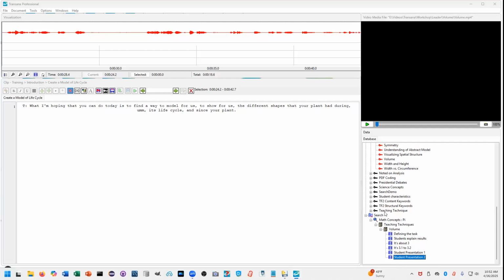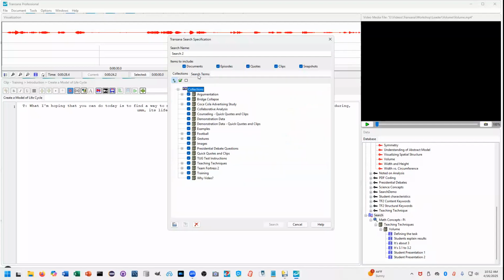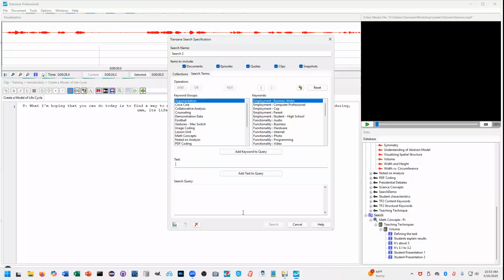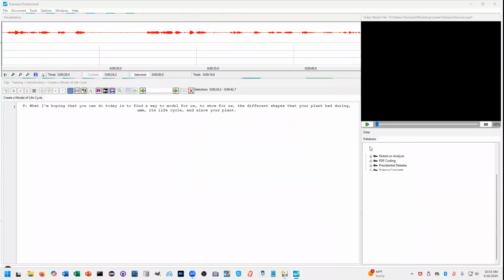Now that was a simple search that just used a single term, but Transana offers more complex searches where you can combine multiple terms, you can combine text, you can use actual words in the data, words and phrases as expressed in text. You can look at collection membership. You can look at the combination of all of those different elements to do complex searches and really get a good understanding of exactly what your data is going to show you. And again, it always returns data elements within collections in this tree structure that's very similar to the way things are represented in the data